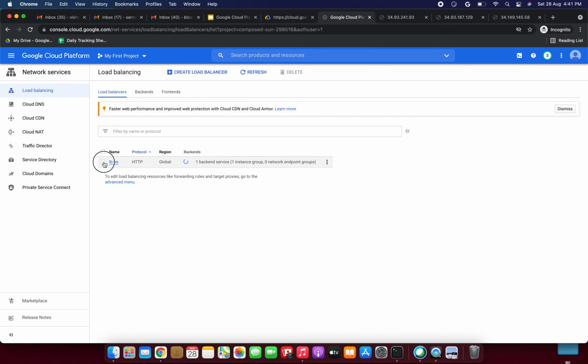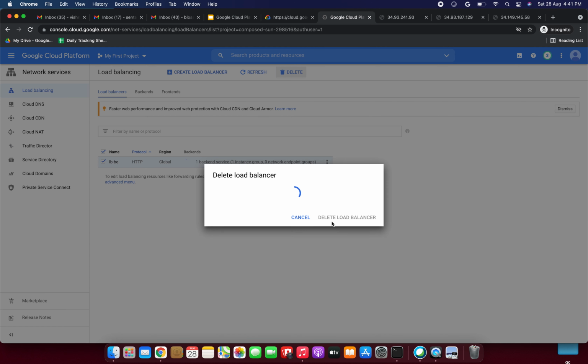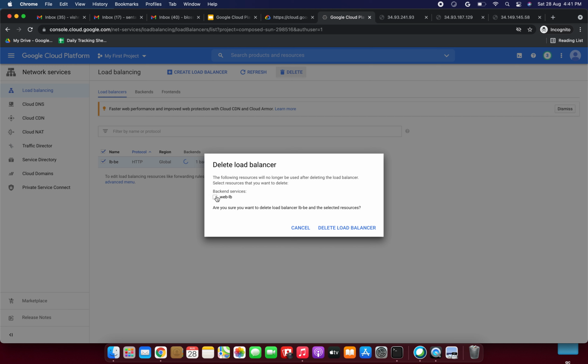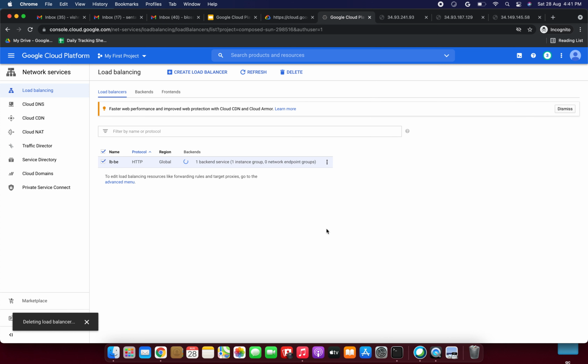Just select the load balancer, and here if you select this, just click delete. Backend services, delete the load balancer and the selected resources. Just click delete load balancer. Now the load balancer is deleting right now.